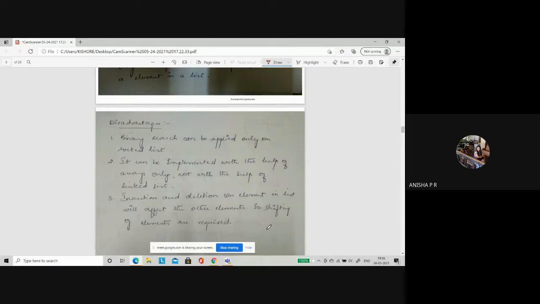If in linear search, again I'm repeating, I'm going back to linear search. In linear search, there were 7 elements. If slowly you are adding elements, 8th element, 9th element, 10th element, that linear search would have worked. Its work is just to compare till it reaches the required element. So if you keep on adding back to back, it will still search. But binary search, since you're calculating the middle from first to end, it has to be fixed. If not, it will not be able to calculate. Understanding it or not? Yes, ma'am. Perfectly clear? Yes, ma'am.